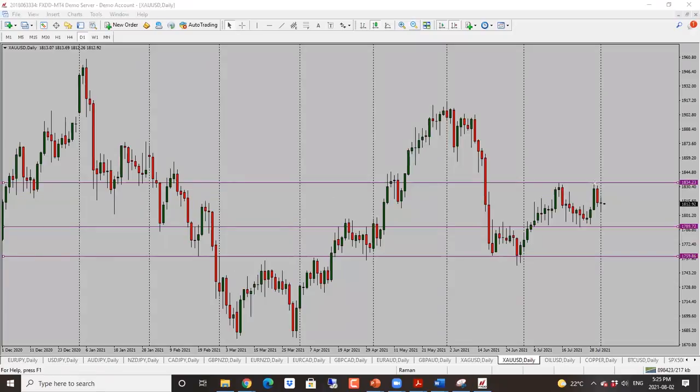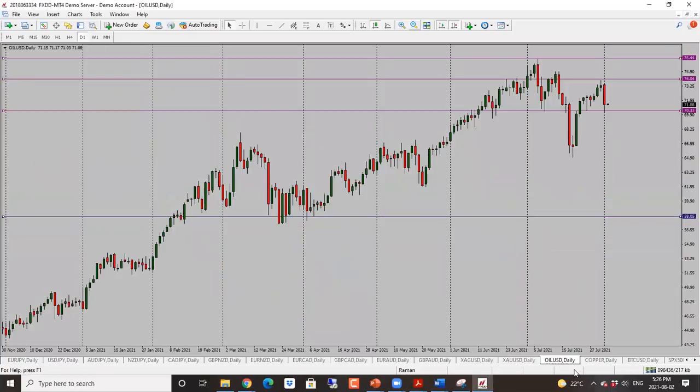Gold here, gold is neutral. So overall, we did see that bounce off of the resistance. We had a nice bearish candle close, but today's candle close is neutral, which means this one could go in either direction here. So we'll have to wait for it. Neutral to bearish bias. So overall move was still to the downside here. It's been trading in a range, so I am looking for price to go towards the bottom of the range.